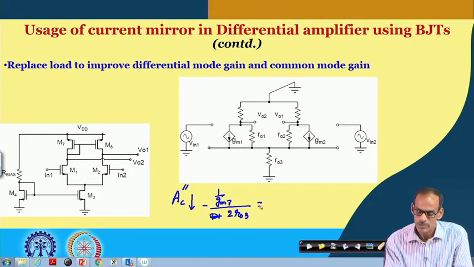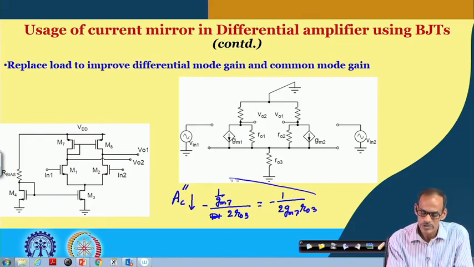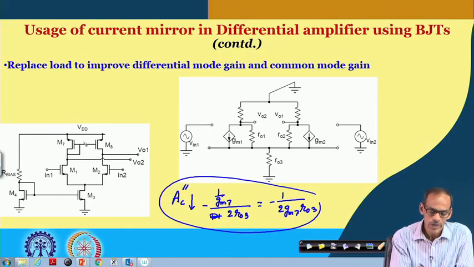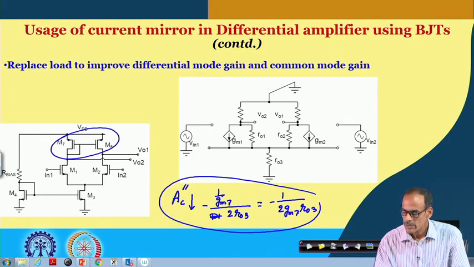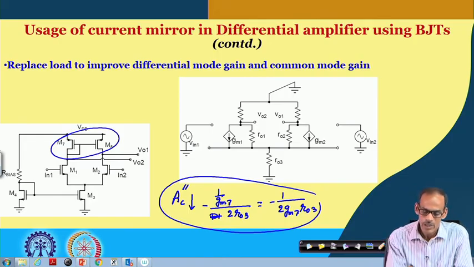So, that is equal to minus 1 by 2 Gm7 RO3. So, this is one consequence of having this active current mirror load, and the gain at this point,